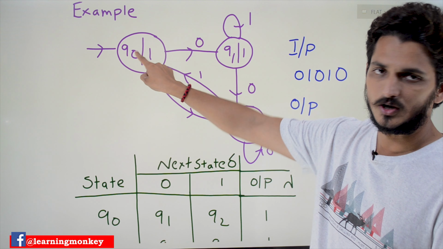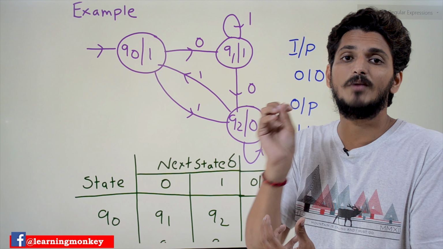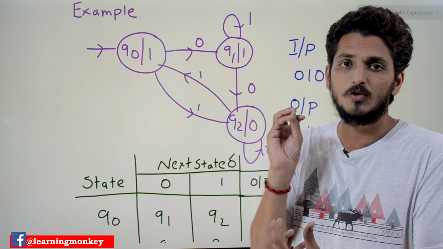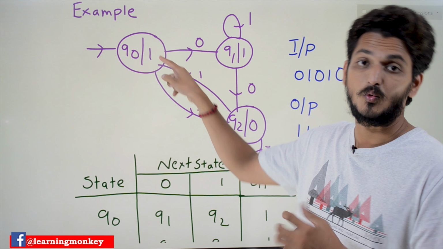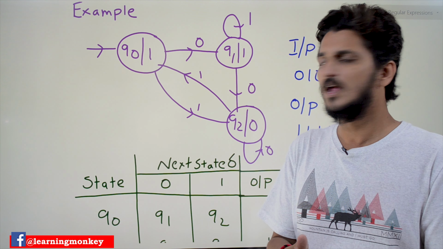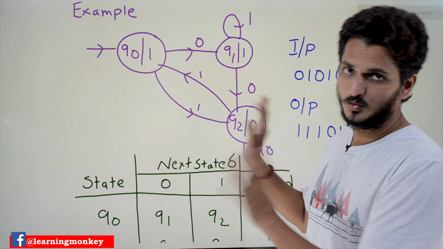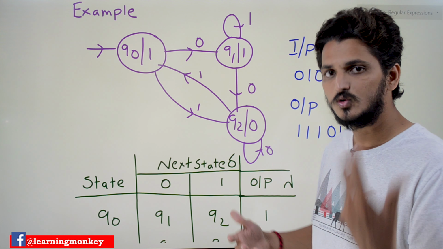On state Q0, if you are in state Q0, this machine is going to display some output. What's that output? It is going to send 1. So what's the use of these machines? That you will understand by our next example. So let's try to understand what Moore machine is. With the next example, you will get clarity on what's the use of this and how to use this.